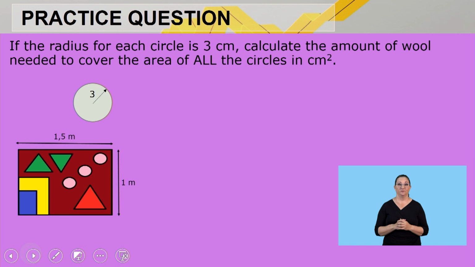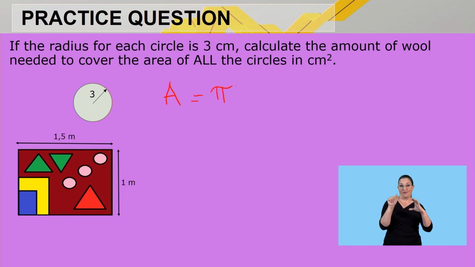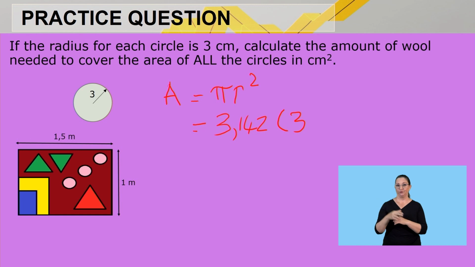So what will we be doing? We will say the area of the circle is going to be pi times the radius squared. Pi is always 3,142, so it's going to be 3,142 times the radius squared, so it's 3 squared, not 3 times 2,